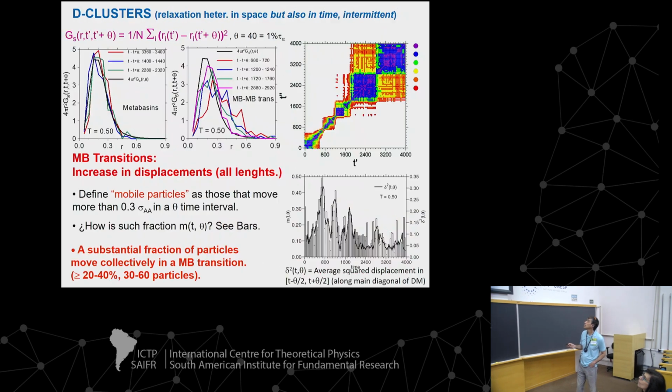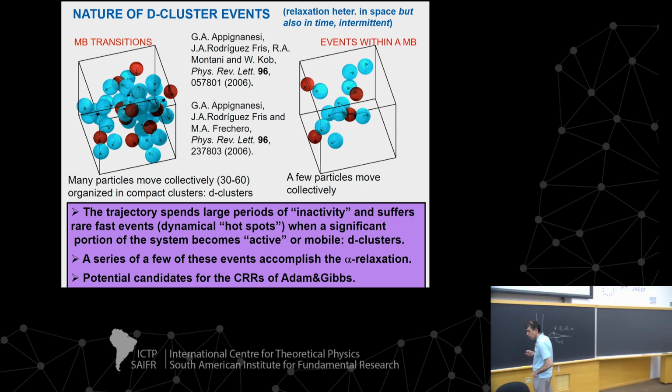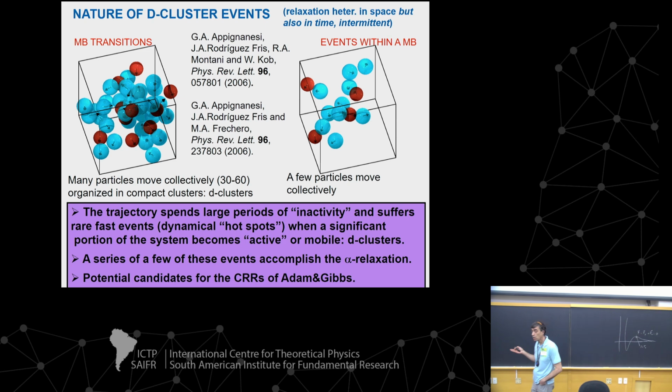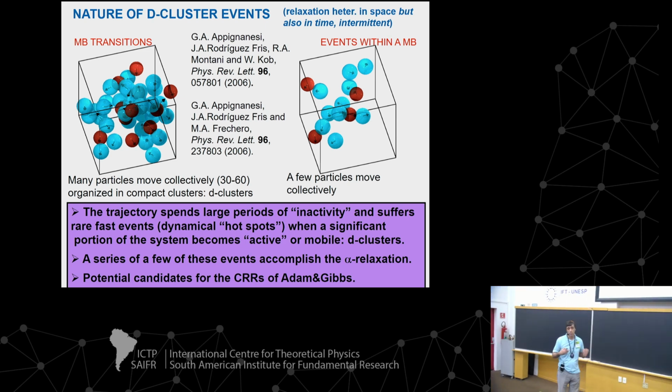And that's something we did some time ago. And this is what you see. There are times when a lot of particles move, and there are times when most of the system is immobile, in the sense that the system is relaxing by rapid bursts of mobility,